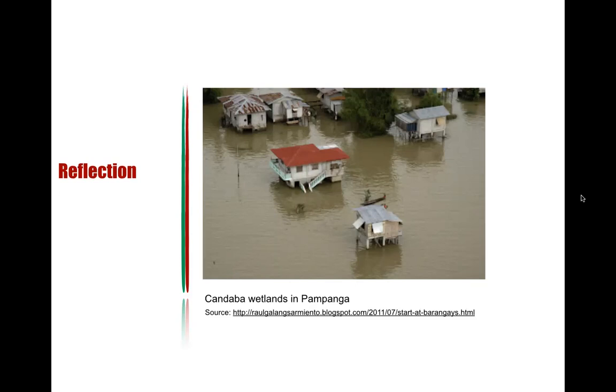So the landscape shifts, right? During dry months there's probably no water. But when the rainy season or typhoon season comes, the water increases. And when the rainy season or the typhoons are gone, the water dries up quickly. So it has a shifting landscape. If you see here in the picture, I also saw it in Gerald's study, because Gerald conducted it and I am well abreast of this study in Candaba. I've also seen his pictures of the houses on stilts.